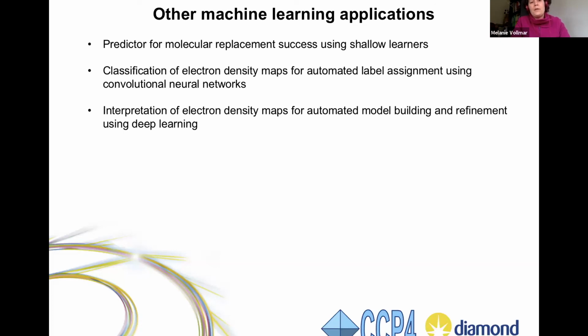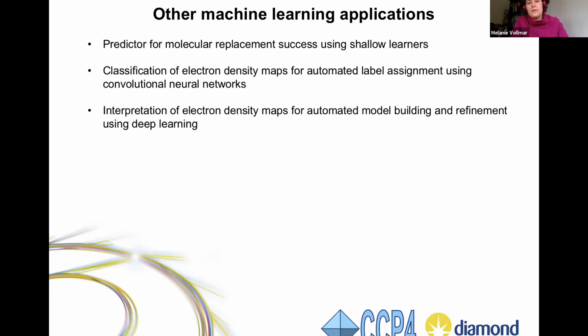So what we're looking for is simply using some convolutional neural networks to do some simple computer vision and classify the density maps,